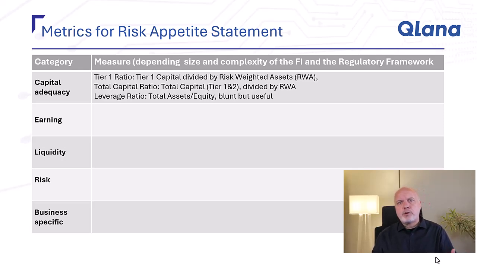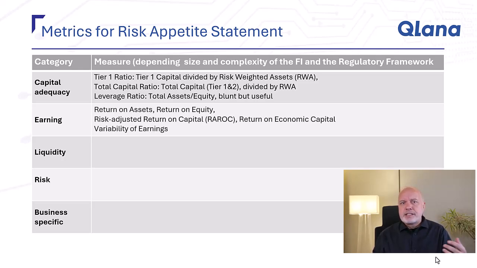Next, let's have a look at the earnings or earnings variability metrics. The simplest form is to look at the return on assets or return on equity, or potentially, to be more sophisticated, let's look at the risk-adjusted return on capital, or abbreviated RAROC. We have a separate training course on the calculation of the RAROC. You can look at that, but for now let's assume that we have a general understanding about what the risk-adjusted